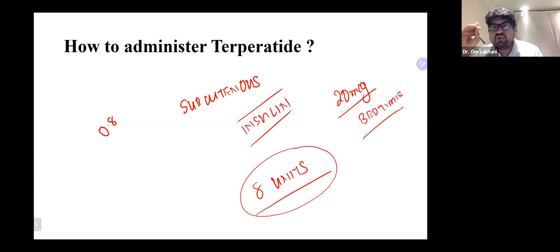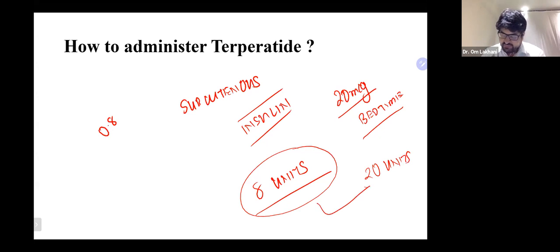Because what happens is, sometimes you've seen patients you've written 20, so they take 20 units. If they take 20 units, you can clearly see it's almost 3 times the dose. So they are actually taking close to 50 to 60 microgram per day instead of 20 microgram per day. Not only does it become more dangerous, it also becomes more expensive, because typically the cartridge lasts for about 28 days. In this case, it often lasts a little longer.